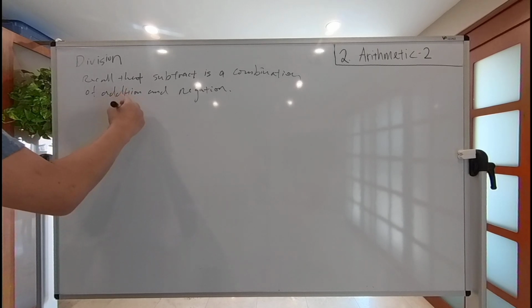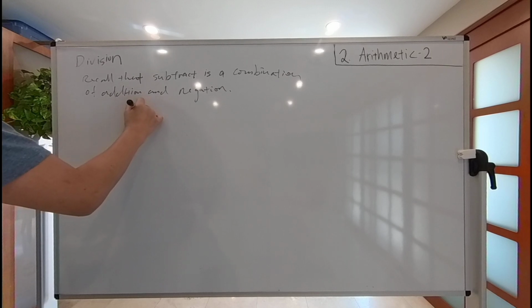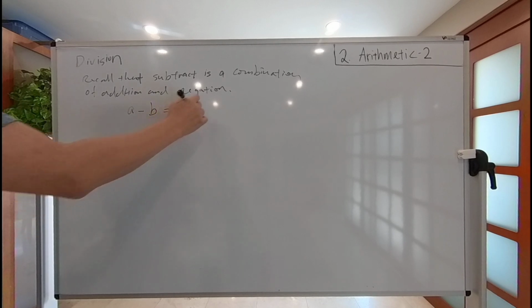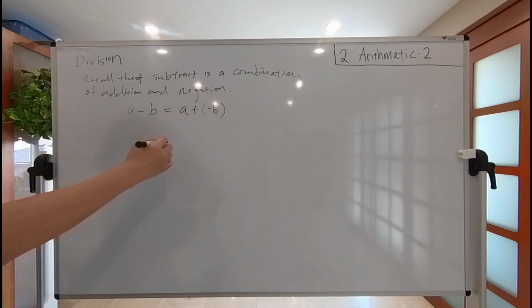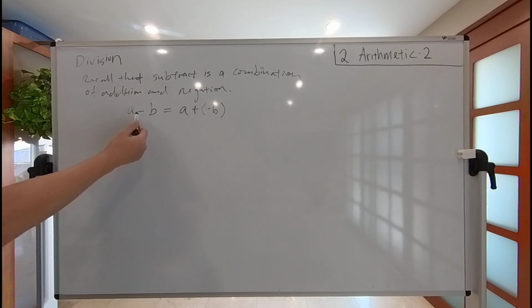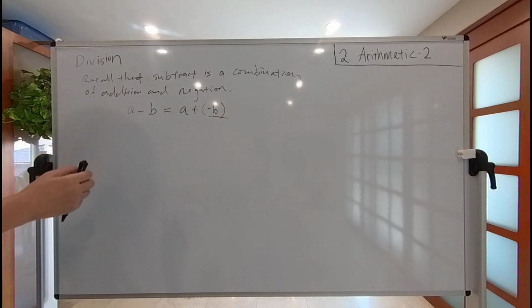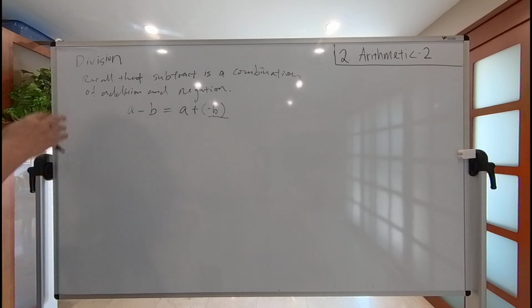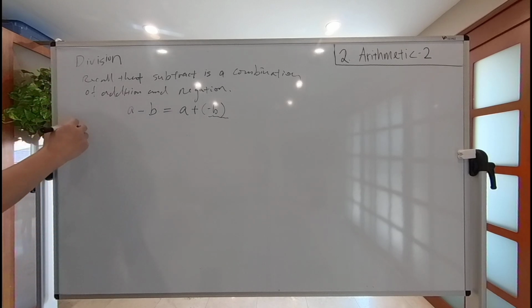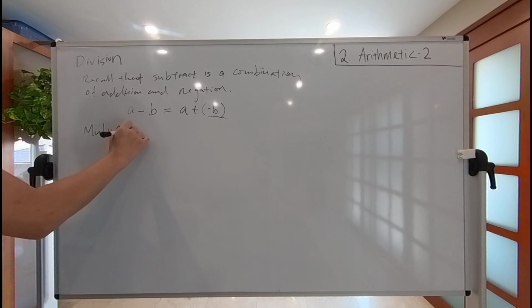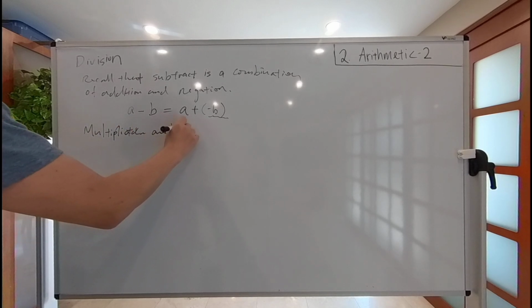So, like for example, for subtraction a minus b, it is equivalent to written as or to calculate as a plus a negation of b, right? So this actually simply links the operation of addition and subtraction by the definition of negation. So now you can see that's why we just showed the definition of reciprocal before we demonstrate division. So now if we see the relationship between multiplication and the reciprocal,